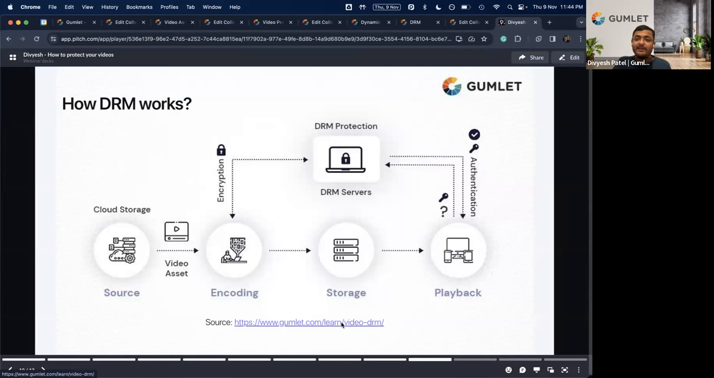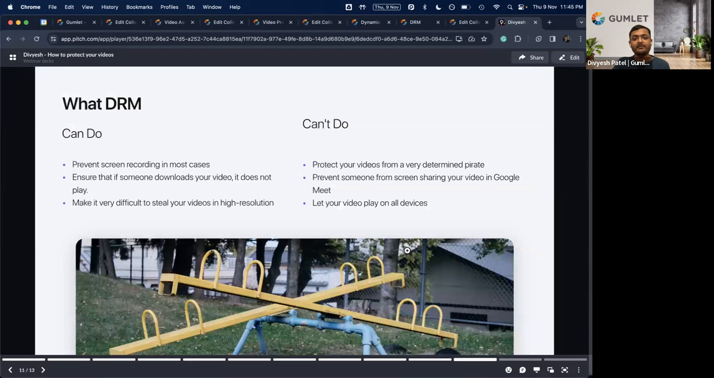We have published a very detailed blog that goes into much more detail and covers a lot of caveats and any kind of complications that might arise due to this implementation and all. I would encourage any interested viewers to go ahead and check it out. So yeah, before we go ahead and try to implement DRM ourselves,